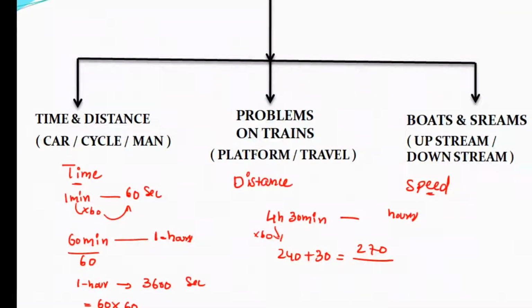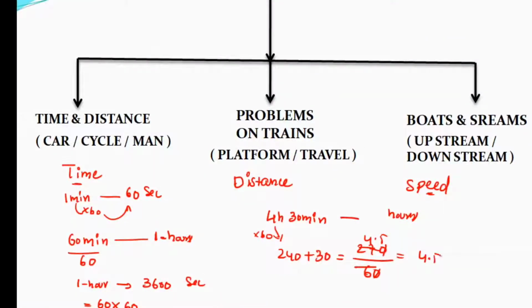Then convert minutes into hours by dividing by 60. Zero, zero cancel, and 6 fours are 24, so it is 4.5